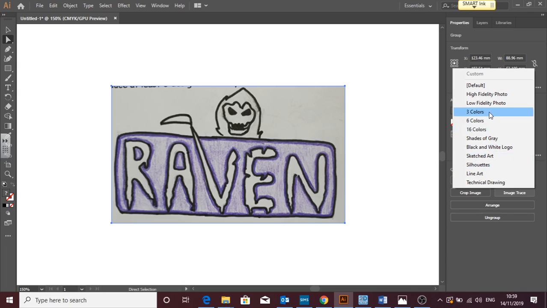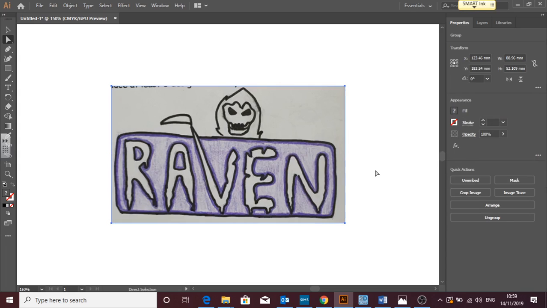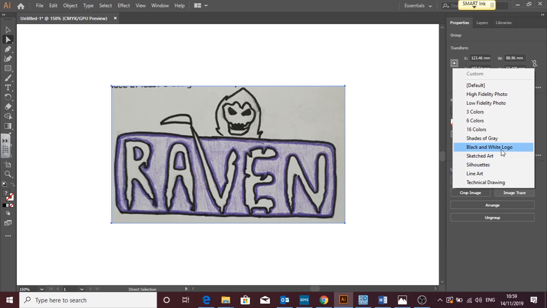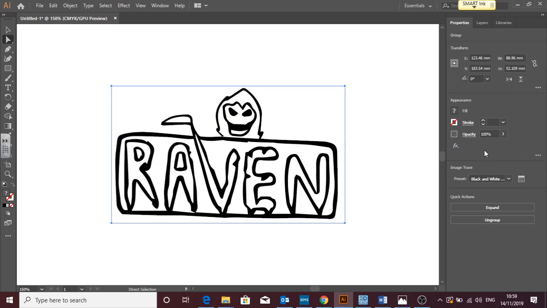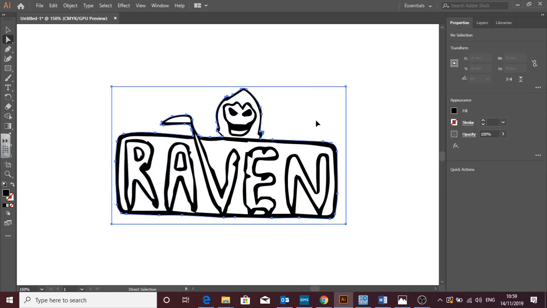So if you click on 3 colors, this image will trace into 3 different colors, but ideally you would want this to be a black and white image because you want to add your own colors. Click on black and white. The next step would be you need to expand this image so you can edit it. Click on expand, and then make sure you click on the direct selection tool, and you can click on the